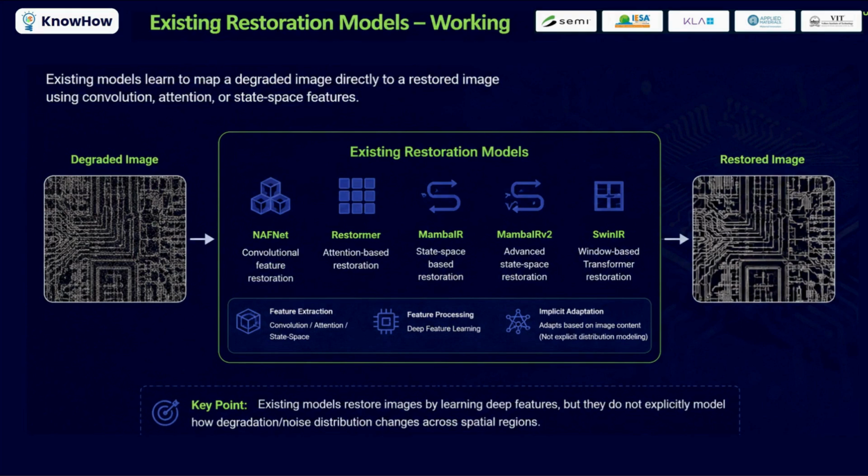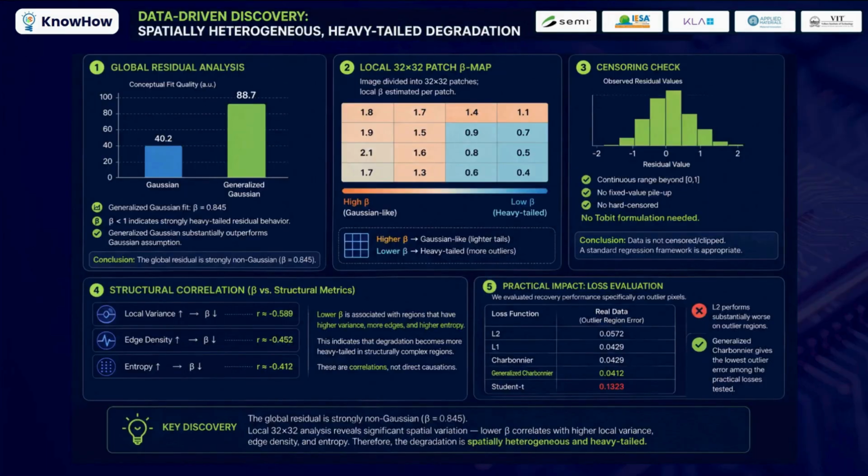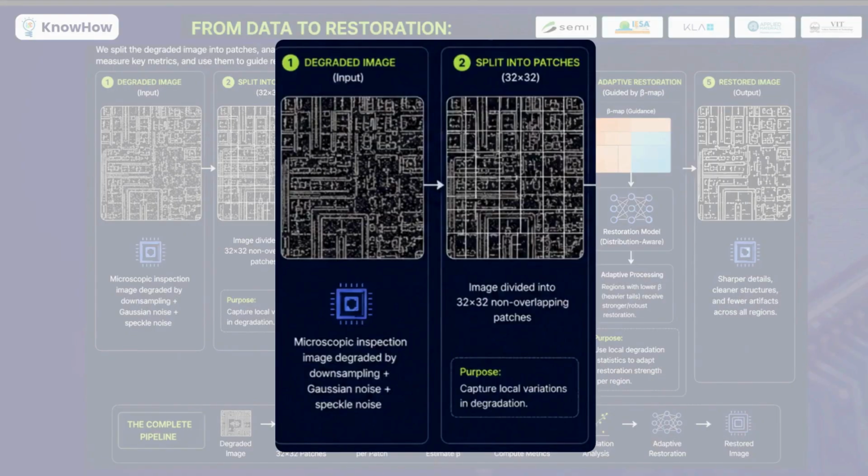We first formed the residual between the degraded image and the downsampled ground truth. Across 400 matched image pairs, we analyzed 6.55 million residual pixels and compared multiple candidate distributions. The generalized Gaussian gave the strongest statistical fit with beta equal to 0.845. Since beta below 1 indicates heavier tails, this told us that the residual was not well described by a simple Gaussian assumption. But this was only the global view. We then divided the images into 32 by 32 patches and estimated